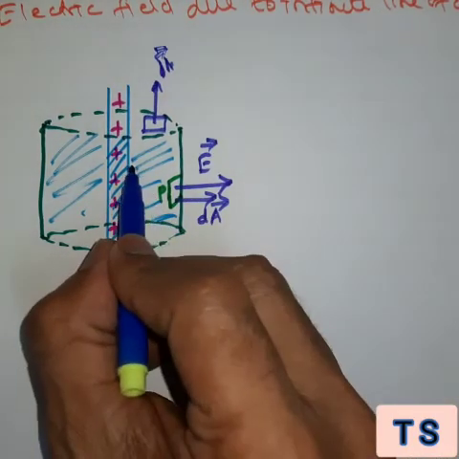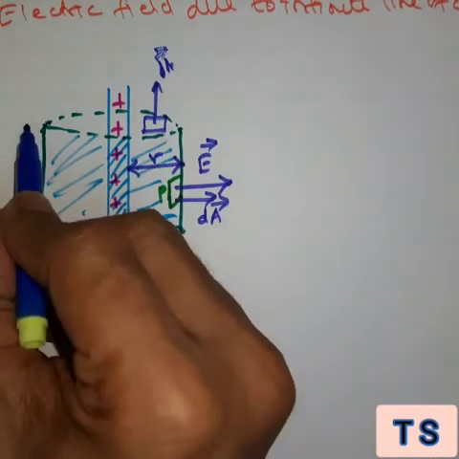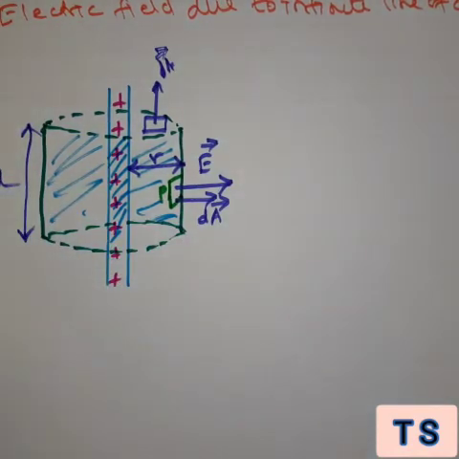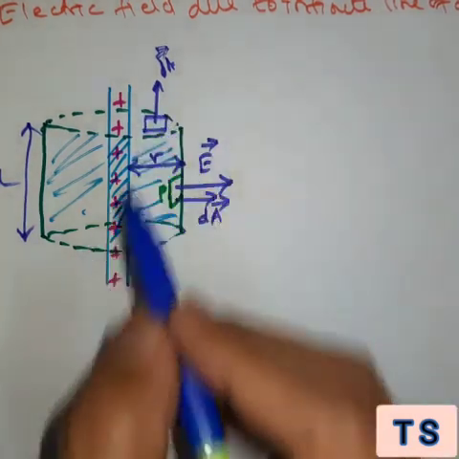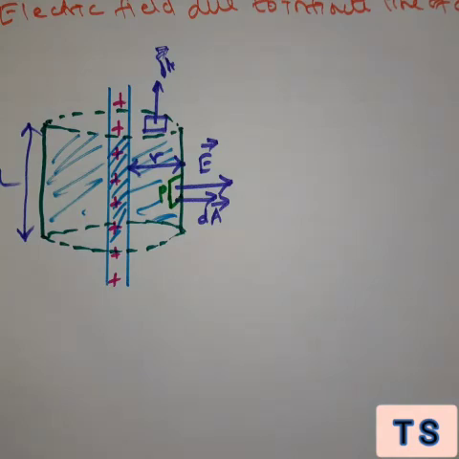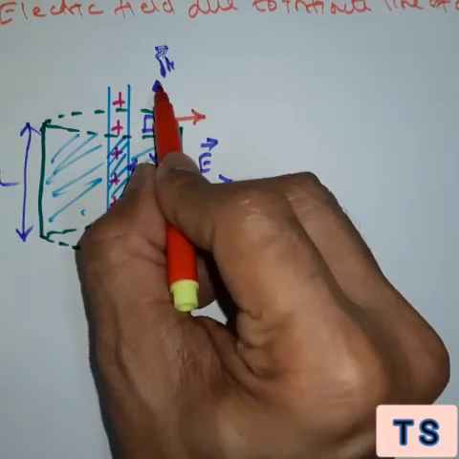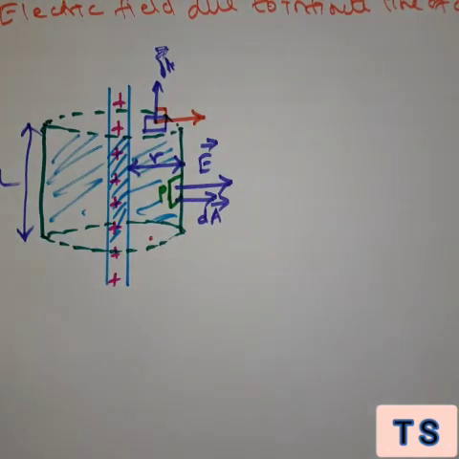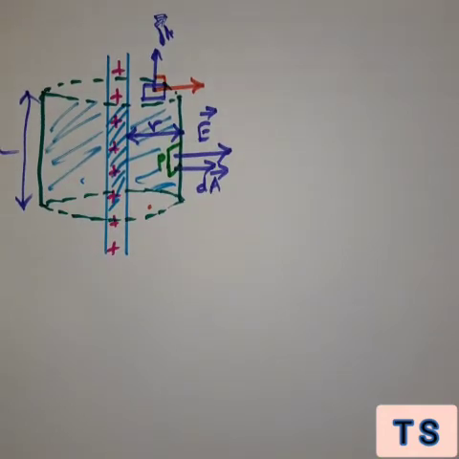Let's say that this cylinder has a distance r, so this is r, and it has a length L. If you look at this point here, the electric field and dA both are in the same direction. But if you look at the upper part, that is the upper plane surface, you will notice that my electric field here will be in this direction, and my area vector is in the upward direction. Same thing will happen here also. So it's very simple. Again, we'll do the same thing. We'll find the phi E value in both the cases.